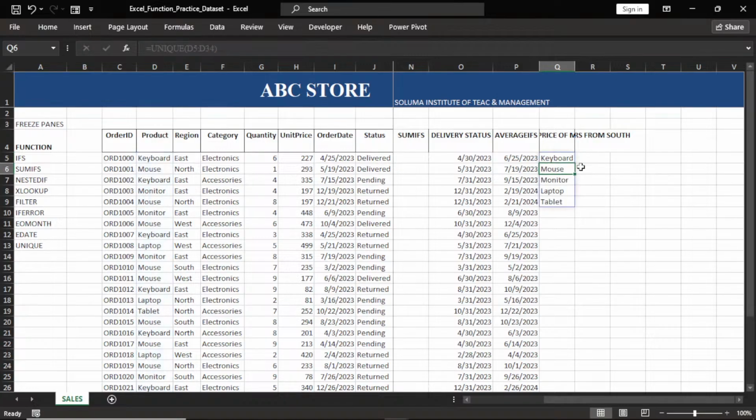So the products we have in our store are keyboard, mouse, monitor, laptop, and tablet. That's the products we have, even though they appear multiple times. Now, another function of unique is